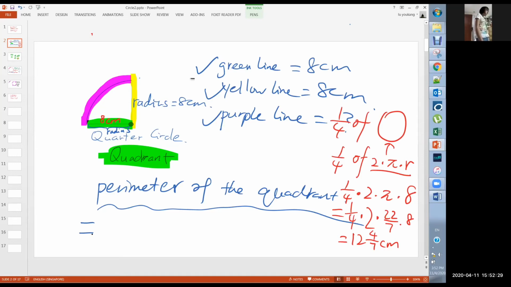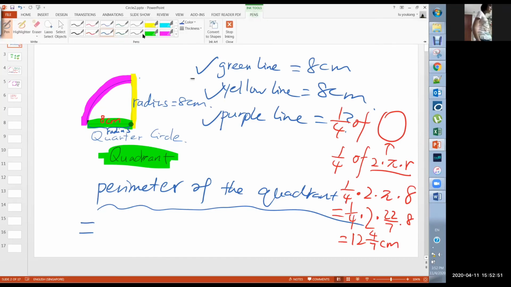Wait, which one is the perimeter? Good. The perimeter is which 3 colors? Green, yellow, purple. So the perimeter is green,